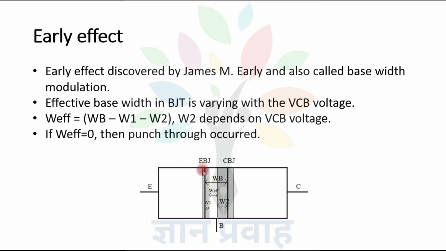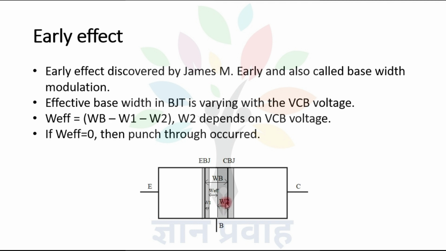This one is emitter base junction and this one is collector base junction. Base is lightly doped, it means charge carriers penetrate more in the base region. So here effective width of base region is W effective and this one is the original base width. And now when we are applying reverse bias voltage across the output side, then it also increases the value of